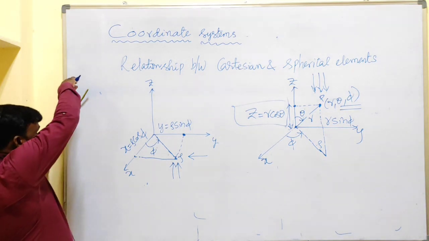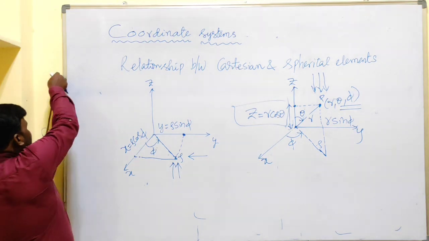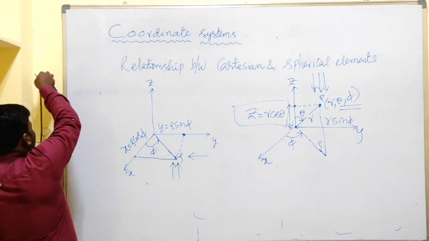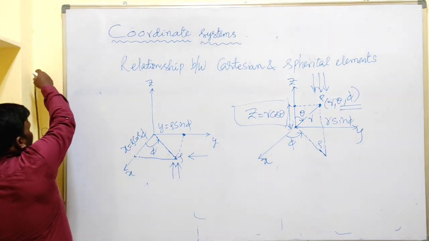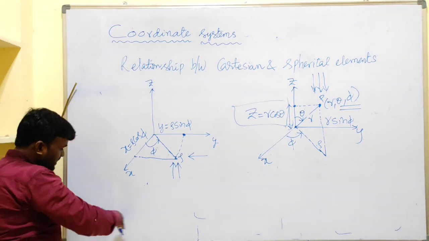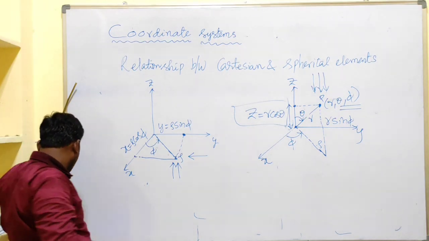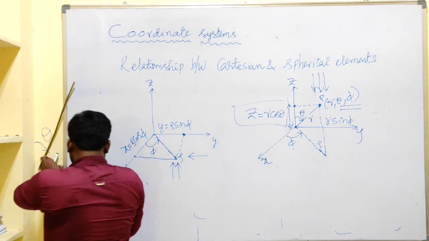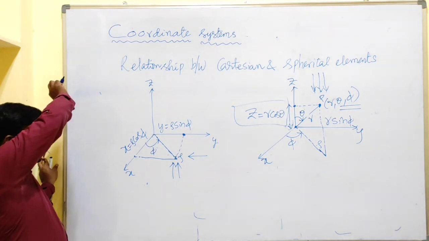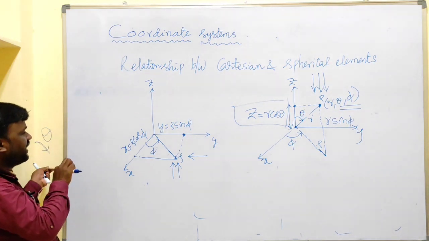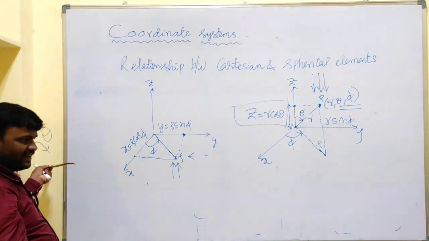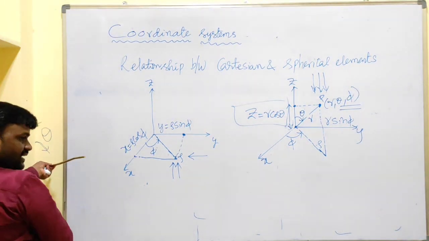Now, if you move this one, it is our theta, and it is projected in this direction. If you project this component in this direction, it is perfectly projected on the z axis. Now this is our r making an angle with the z axis, this one is the x axis, this is the y axis. If you project it in this direction, where is it projected? In the xy plane.